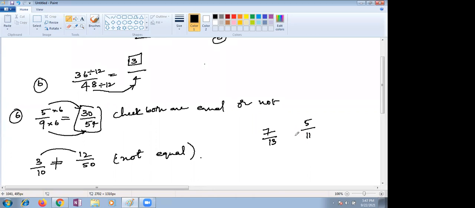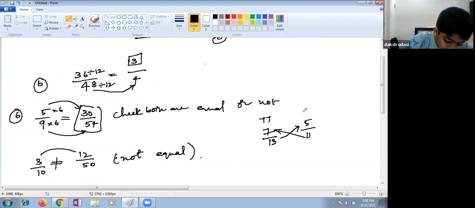Very good, children. Or else one small technique I will give, children. Please remember that technique. If you need to compare any two fractions, go with cross multiplication. 11 sevens are 77. 13 fives are